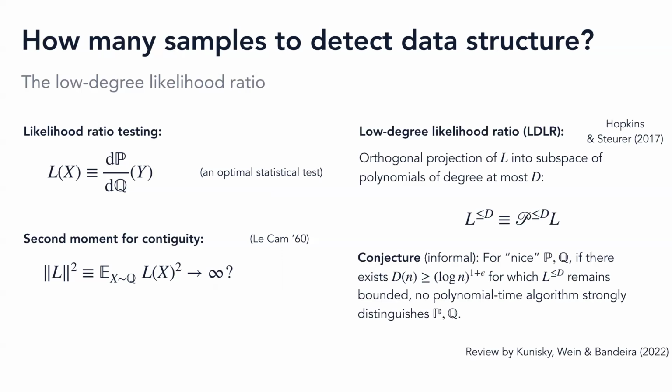To study it, we apply the method of low-degree polynomials, which is basically projecting down this likelihood ratio on the space of polynomials of degree up to D. This is a projection that's done using the structure of the Hilbert space provided by the measure Q. So basically, we use Hermite polynomials since they are an orthonormal basis for this kind of L2 product. And then this is basically the best polynomial test. And so if the best polynomial test for all degree D doesn't work, then we can say that there is no polynomial test that works.